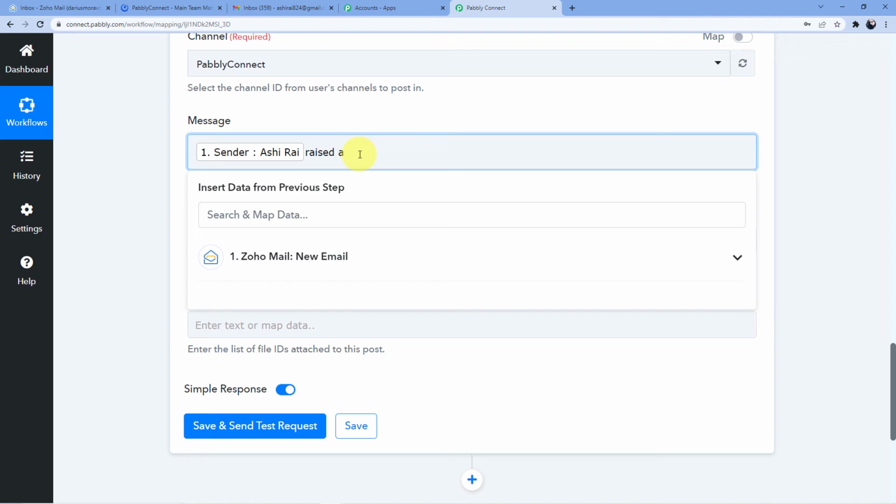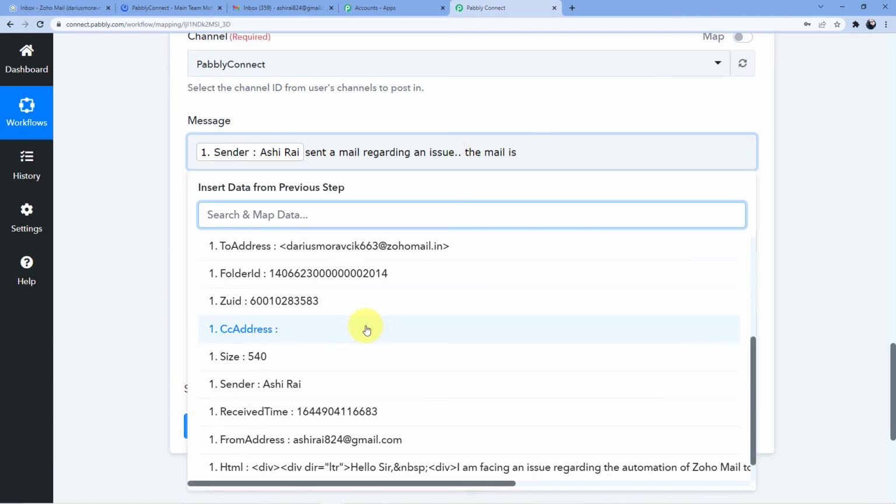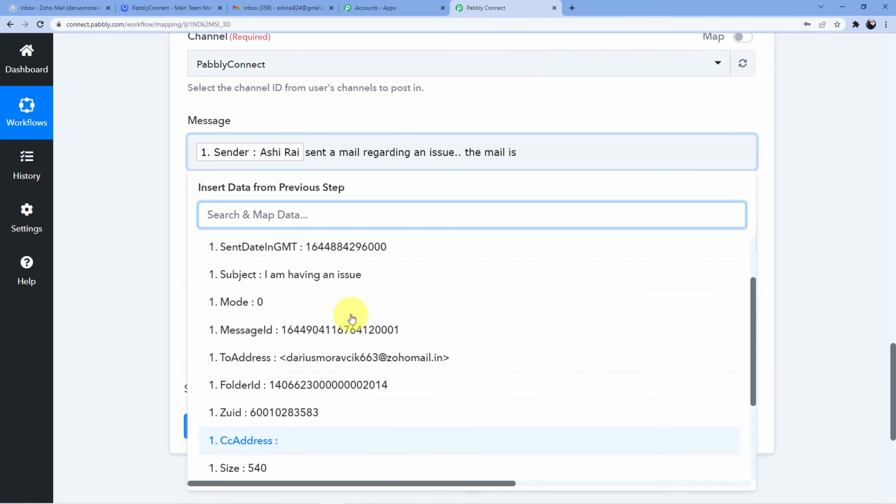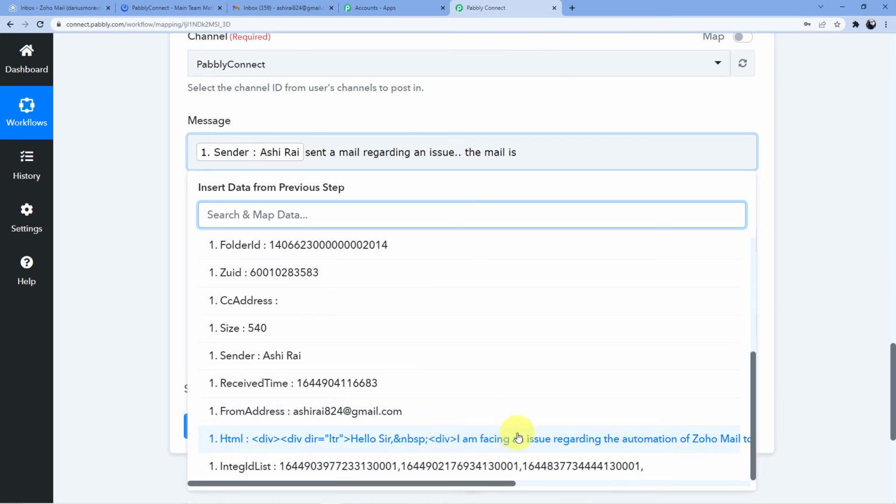I should not say raised, sent a mail regarding an issue. The mail is. Now here again I am going to use mapping and the mail is I am having an issue. Sorry, the subject is I am having an issue. The mail is